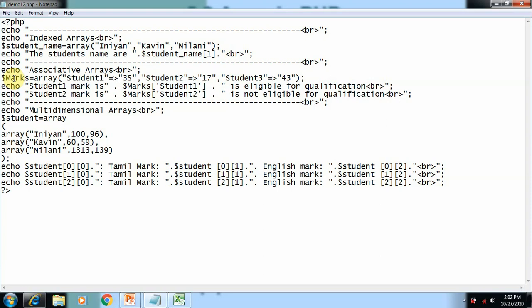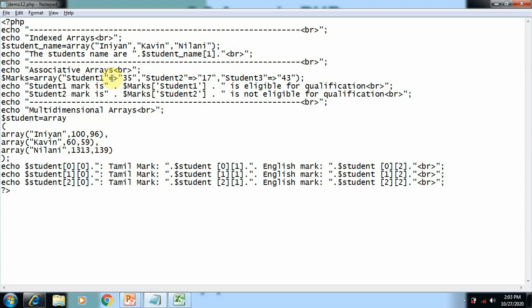We should use this symbol for referring the key name to the value. So student1 is the key name, and 35 is the value. Student2 is the key name, 17 is the value. Student3 is the key name, 43 is the value. For each and every value there should be this symbol for reference.